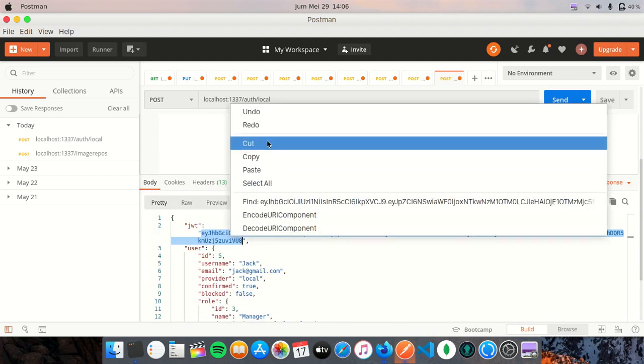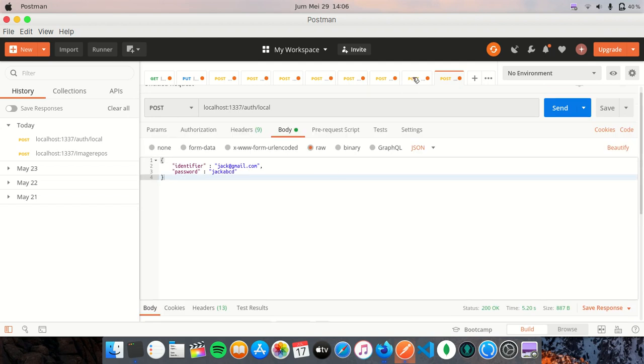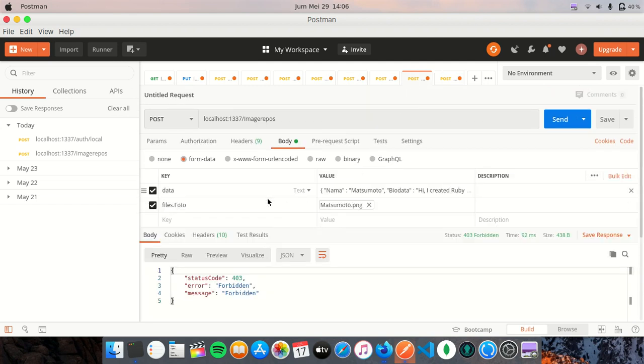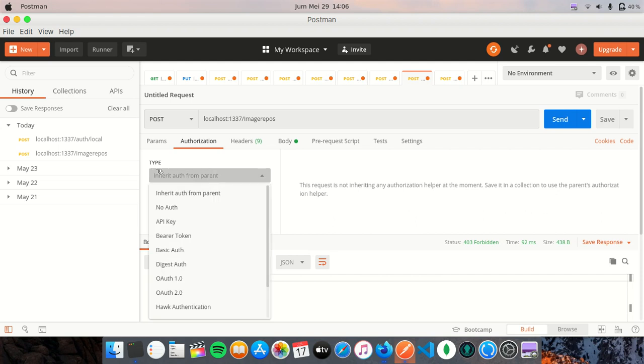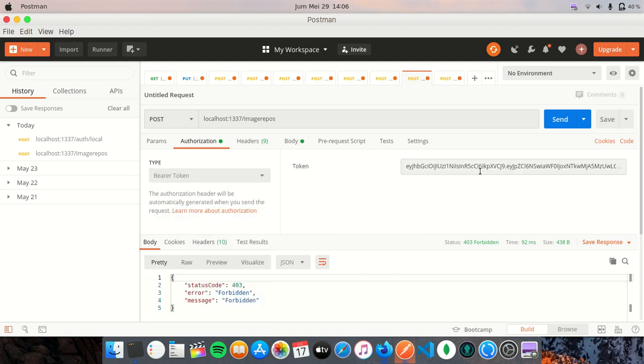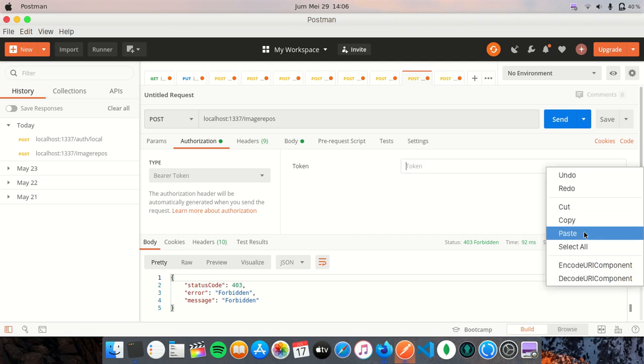We'll copy this, and I will go back to the previous request, the post method with endpoint of image repos, which we could not create a new entry with. So we go to authorization tab, select type to bearer token, copy this, paste this,